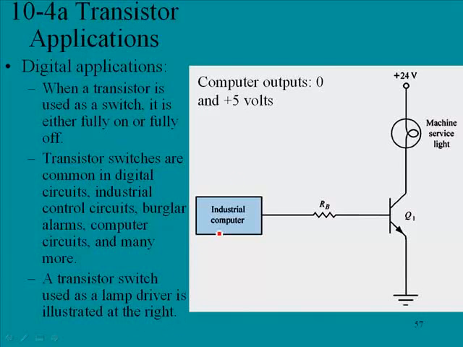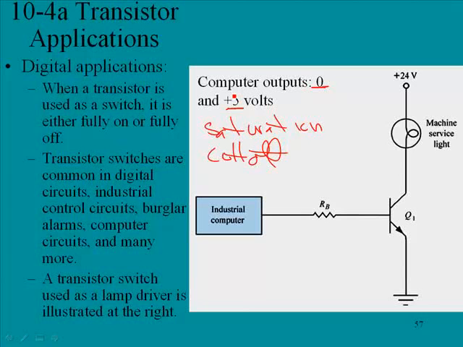So here we have a computer, and it's connected to a transistor and to a light. Recall that the transistor as a switch is either fully on or fully off, and so this would correspond to saturation and cutoff. Those are the terms that are used to describe that. In cutoff, there's no current. In saturation, it is maximum. So with the computer, you're just going to have two levels of outputs, and typically the logic levels would be 0 and 5,